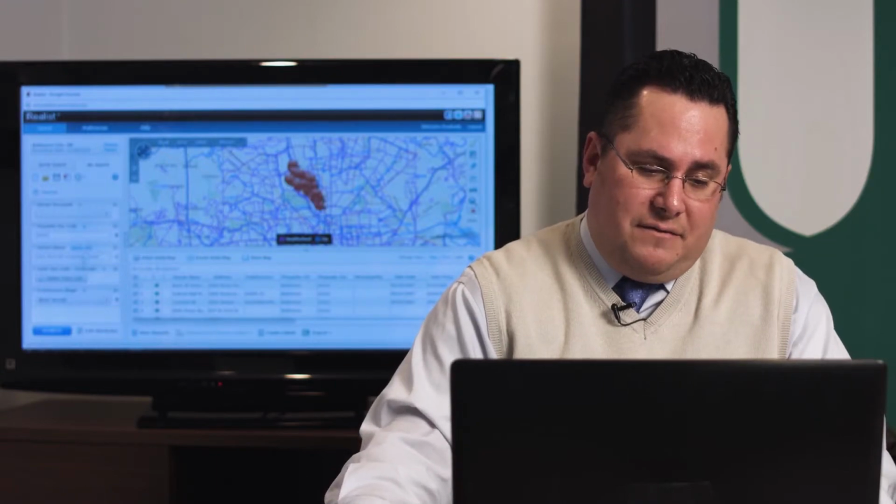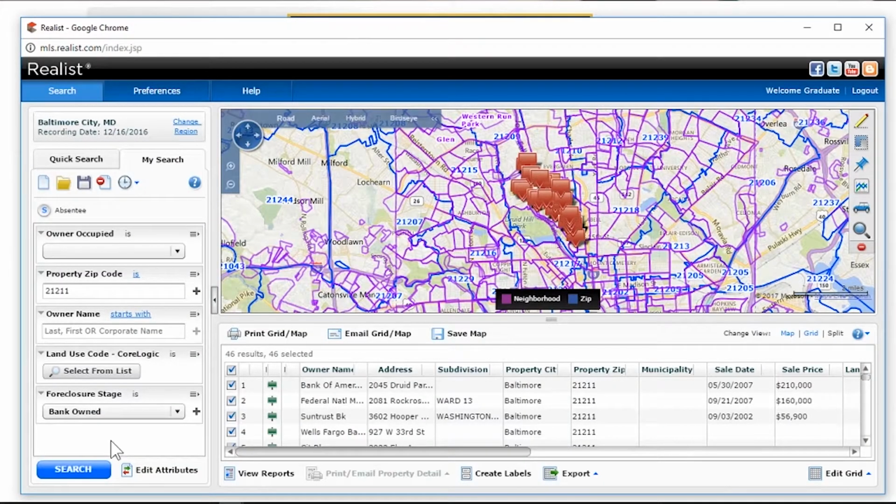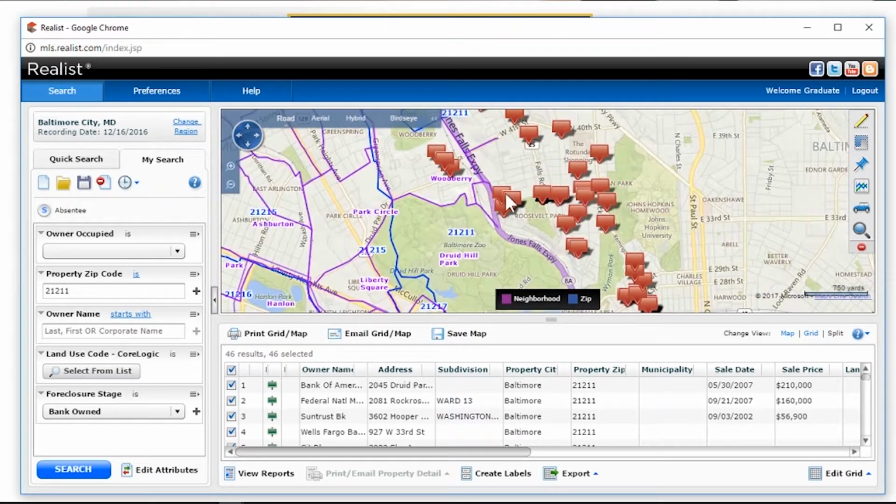Now what I've done is I've changed it to bank owned. Some of these properties, with them being bank owned, could be listed currently. Some of them couldn't be. Some of them may have just been taken over by the lender and haven't been listed yet. But some of these properties, because they're owned by a lender, could be listed in the MLS, so you could have access to those and be able to reach out to the agent and put in your offer, your contract that way. So if I zoom in here,